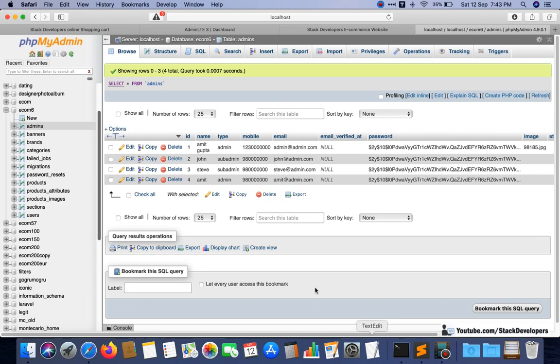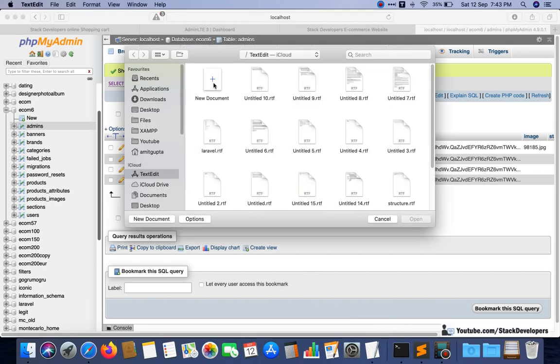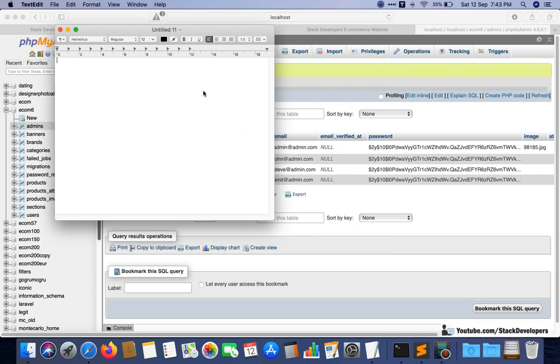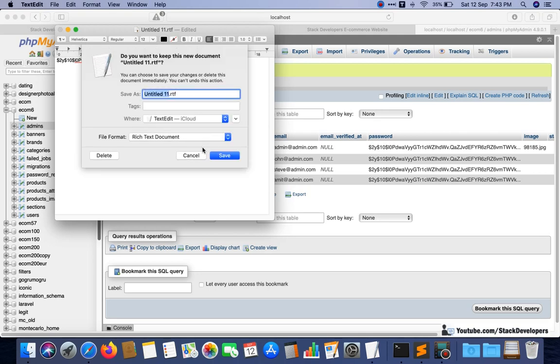Okay, so you can simply save this password somewhere in your system. Just save this one, and if any time you forgot the admin password, then you can just copy and paste in your admins table.